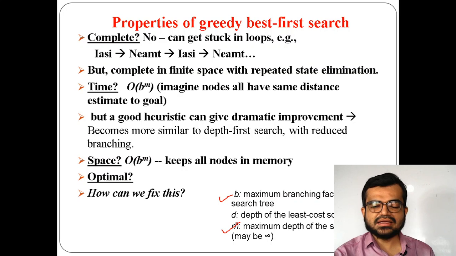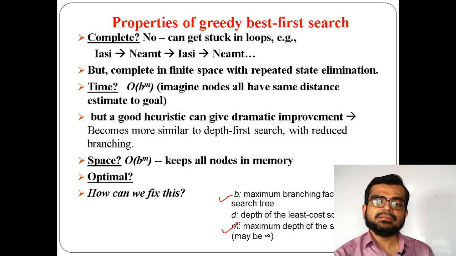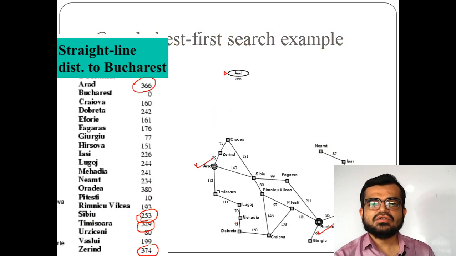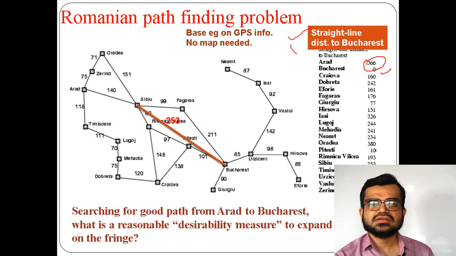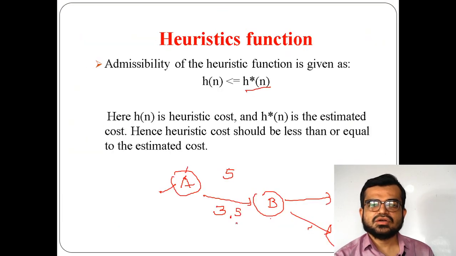So by this I conclude this session, and in the upcoming session I'll be explaining the concept of A star search. But today, if I summarize this class, what we have studied here is